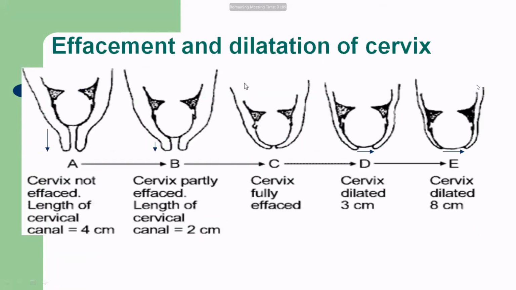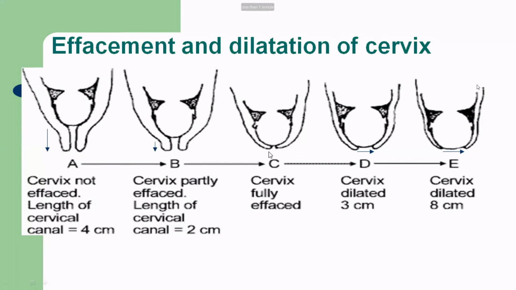So here, yesterday also we discussed this figure. Here the cervix is closed, although you can see a small gap here. The cervix is long. Okay, it's not effaced. The head is high, and here the cervix is partly effaced. And effacement of the cervix is expressed in terms of percentage. Here the cervix is full length. Here it is 50%, only 2 centimeters. So we say that this cervix is 50% effaced.